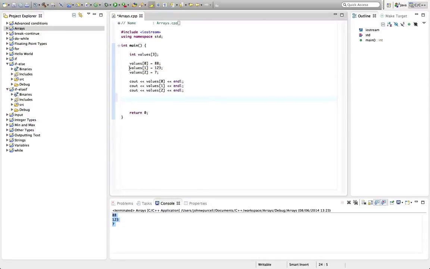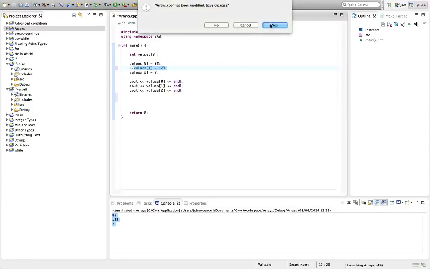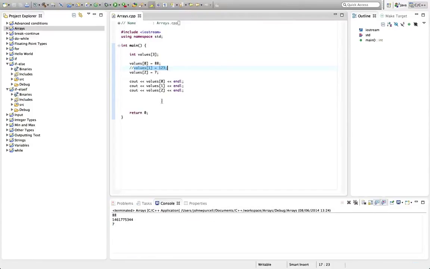Let's take a look at what happens if I don't set one of the values. Let's just do that. So if I comment out this, so here I'm setting the value of the second element with index 1, because we start numbering at 0, so 1, 2, 3. If I now run this program, you see for the element at index 1, we get just this